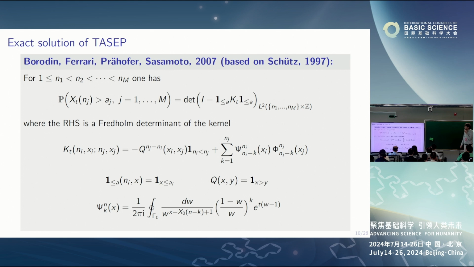For this, we work with exact solutions of the model. It happened that TASEP can be solved exactly. What it means is the following. The first result was due to Schütz in 1997, who used the Bethe ansatz to show that the transition probability of n TASEP particles to go from one fixed state to another fixed state is given by a determinant of an n by n matrix.